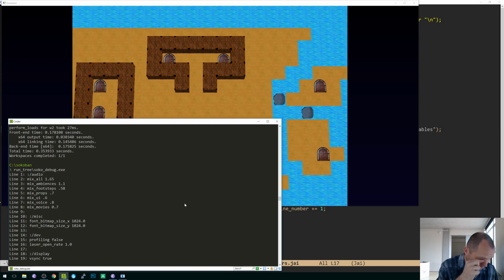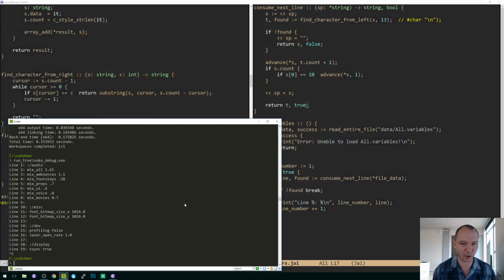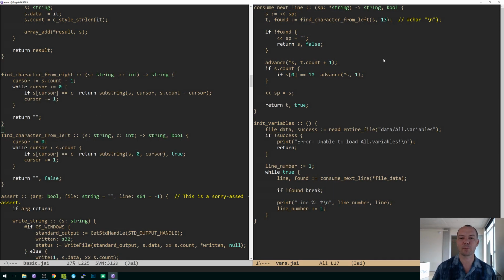Okay, someone says 1310 for DOS, 10 for non-DOS. So let's switch it around then. Because if we're in non-DOS, we won't ever find a 13, right? So we're going to find a 10, right? And again, if we don't find that, if we do find it, then we want to modify t,